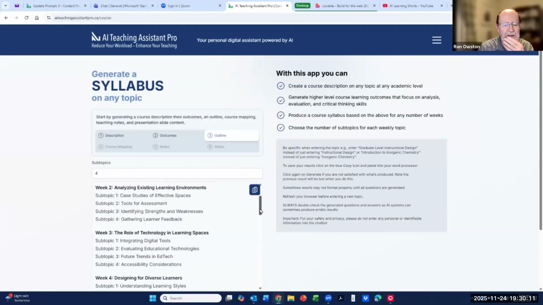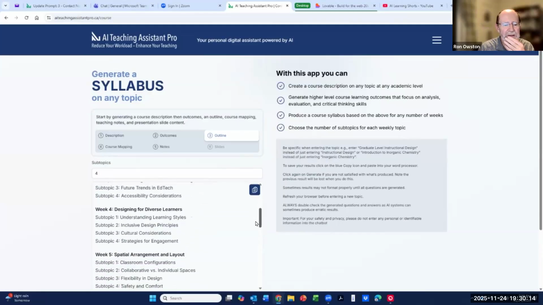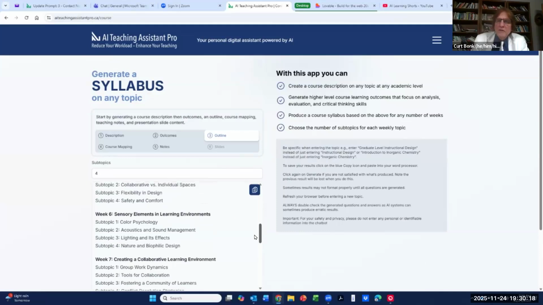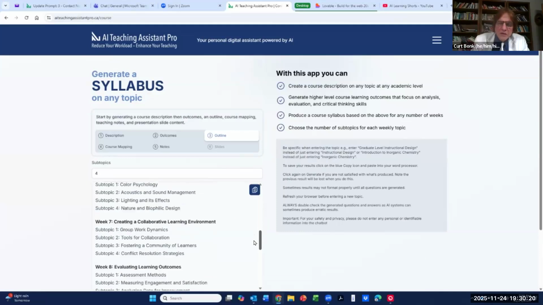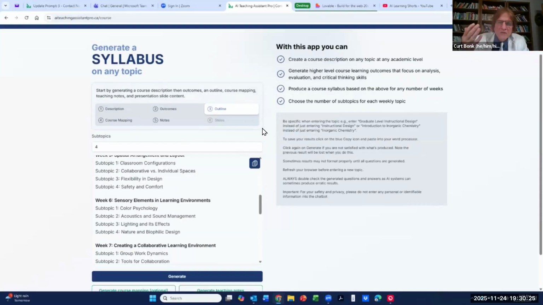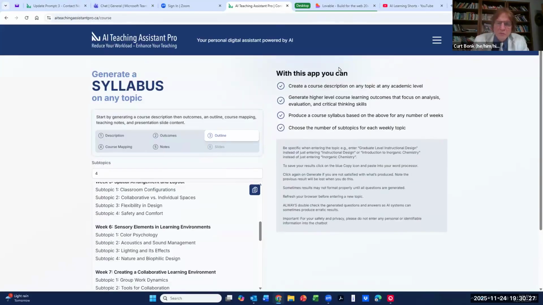So anyway, you can go through here and get some ideas. So in effect, you've got syllabus, lesson plans, and tests and measurements. Those are the three obvious ones, right?